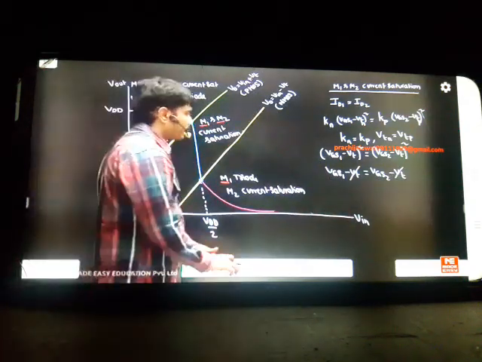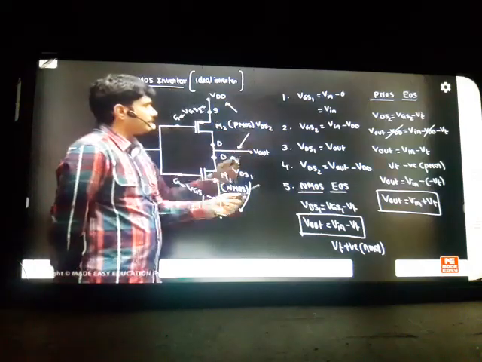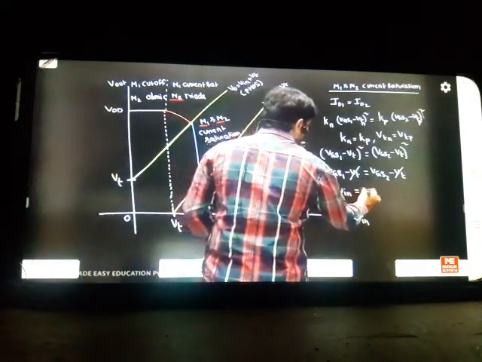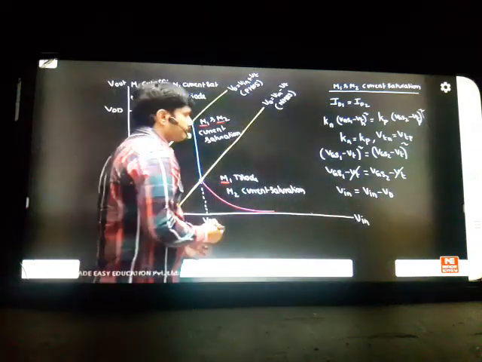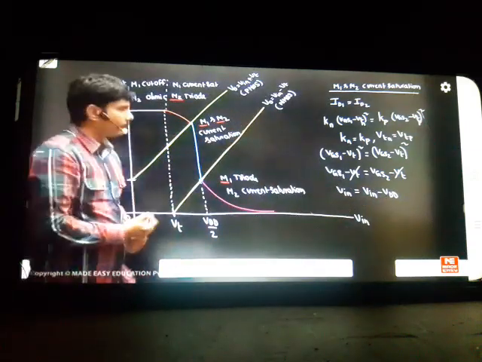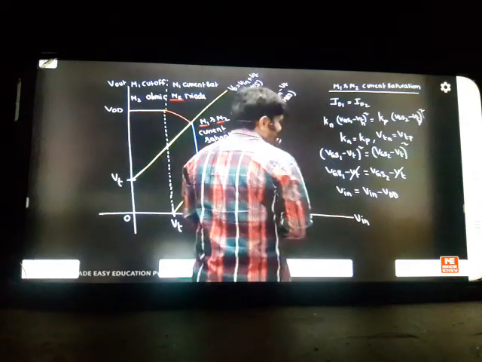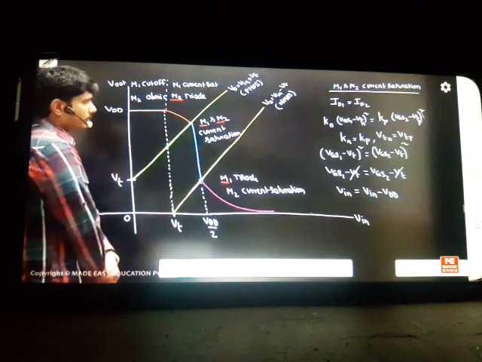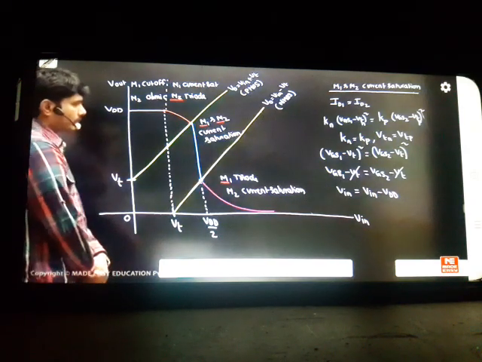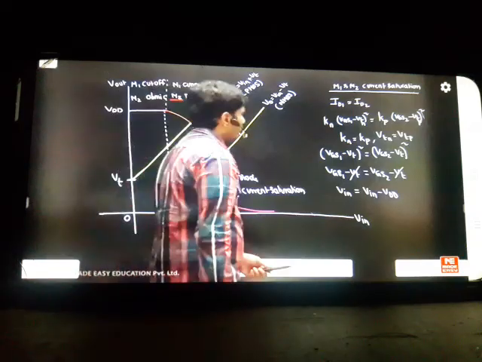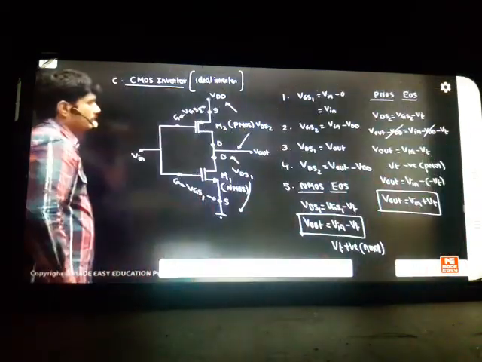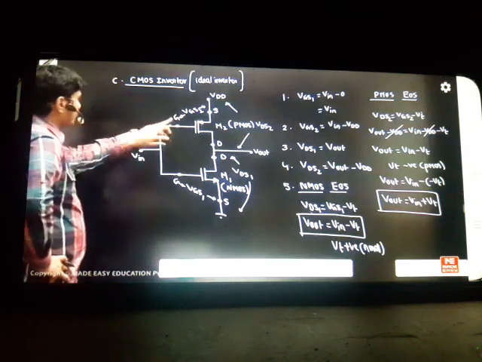So what is VGS1 on the board previously? We just write down. What is VGS1 here? VIN. What is VGS2? It is VIN minus VDD. Okay, you can see the proof now. I think somewhere I wrote a mistake. VGS1 is VIN. VGS2 is VIN minus VDD. Correct? Where I've done a small mistake, I think. VGS2 value is how much? VGS2 is VIN minus VDD.